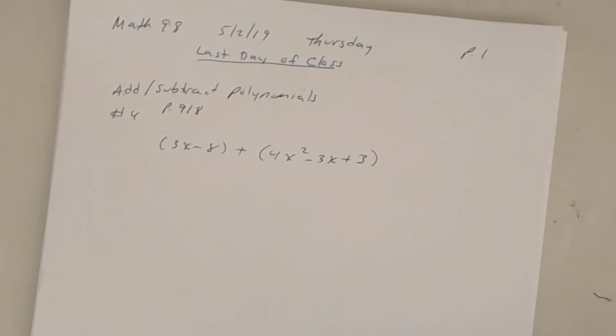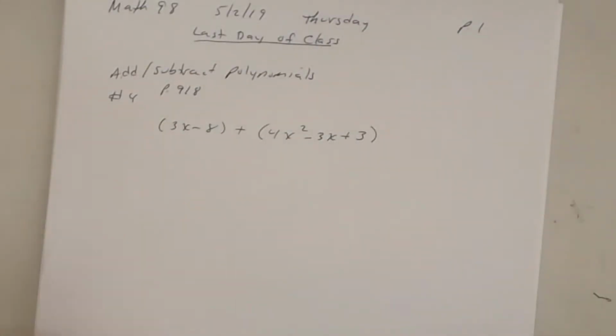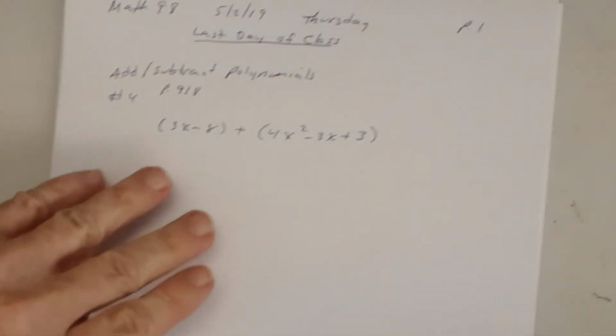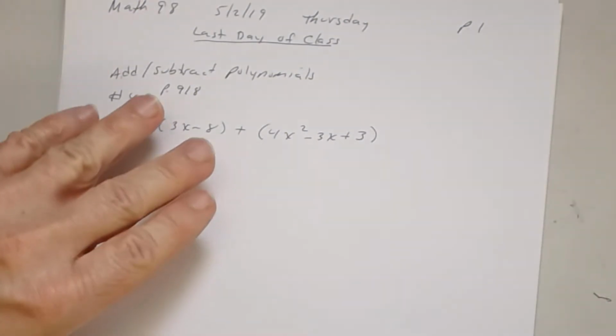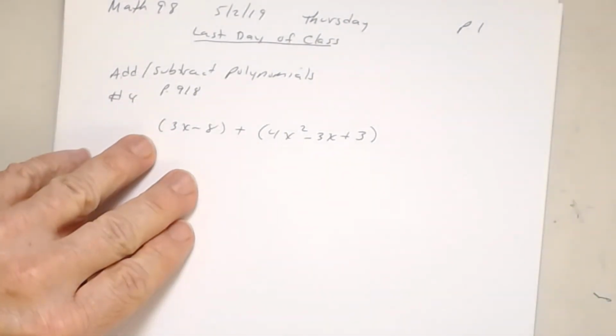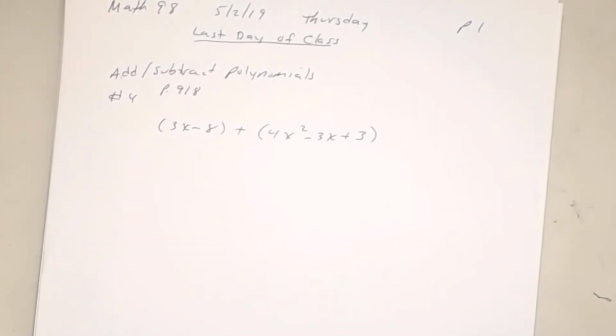I'm sorry? Zoom in? Probably the light's not on. I mean, usually the light comes on. Let me try it again. All right, so we're adding these 2 polynomials. Probably made it worse. Okay, so,